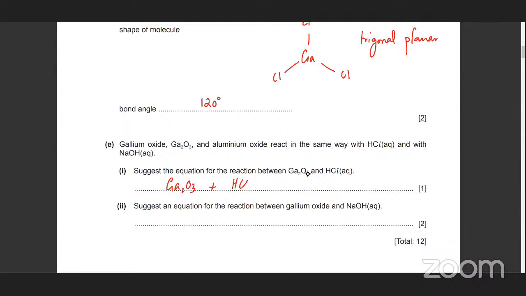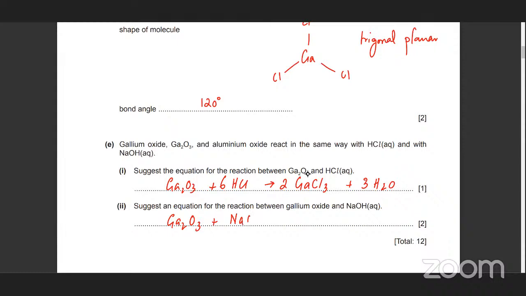So with HCl, what will be formed in the reaction? AlCl3, which in this case would be GaCl3, plus water. And you can balance this to 6 HCl's, and that would give you 3 water molecules. So that's it. Next one is suggest an equation for the reaction of gallium oxide, again aluminum oxide, Ga2O3 plus